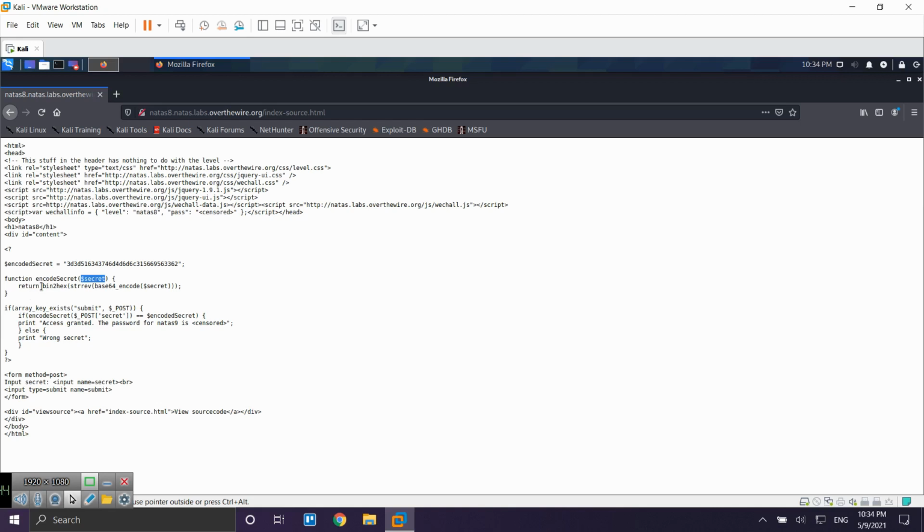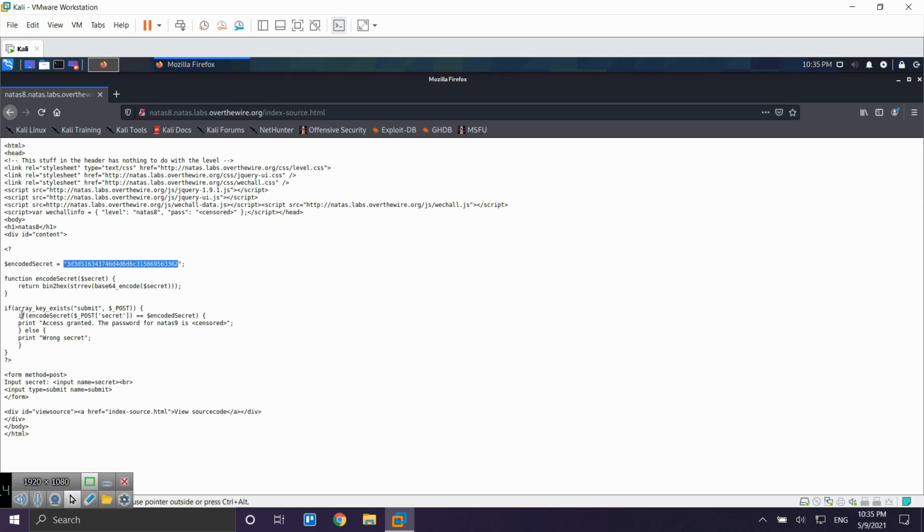Here it's written, we have one function, string. Okay, this is our string, and then base64 encode on our string, and then strrev, so basically string reverse, and bin2hex, and then return something. Okay, and then it will be something like this,